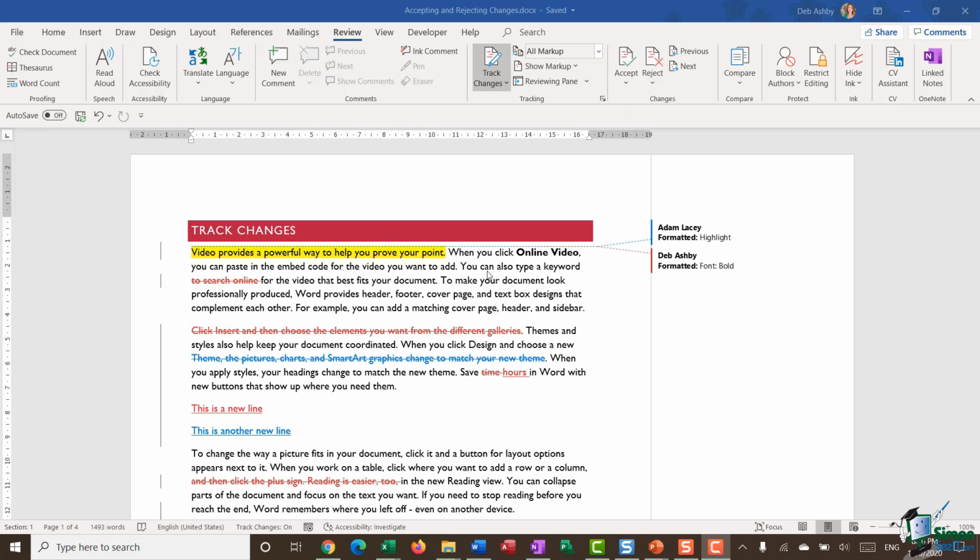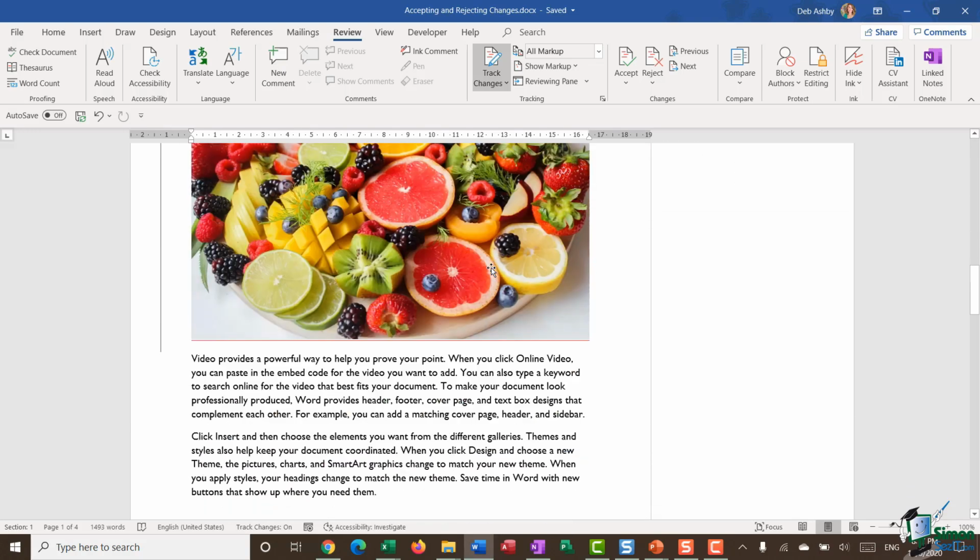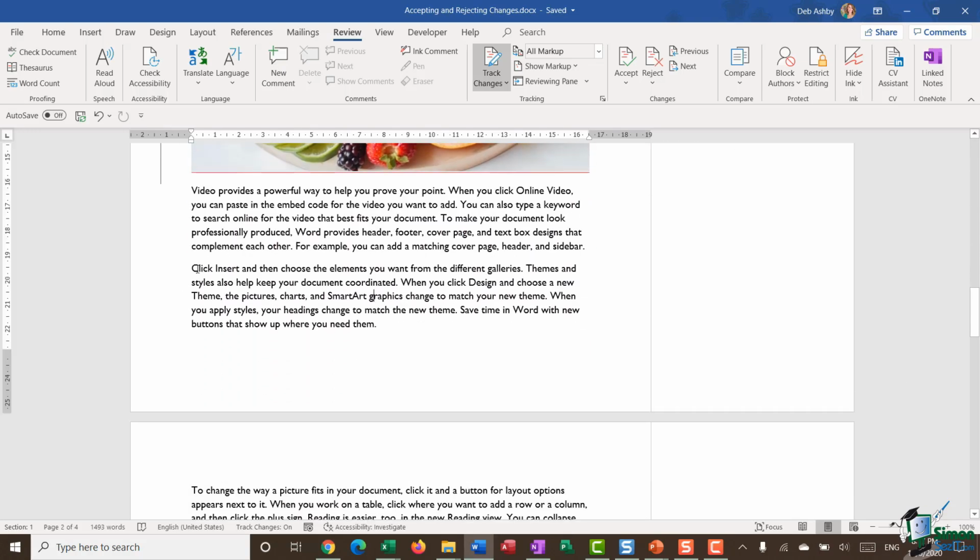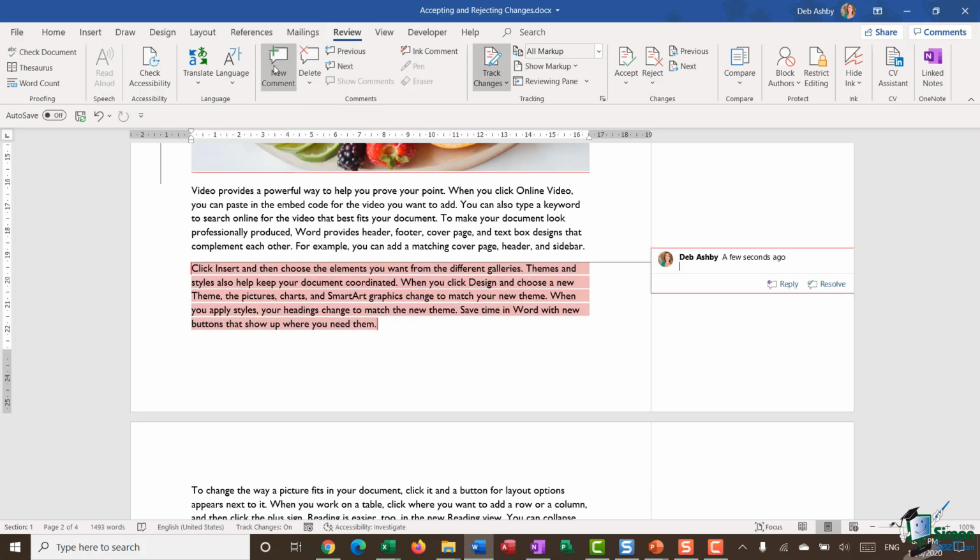So I'm going to add a couple of comments into my document now. Let's scroll down. I'm going to go onto this page just here, select this paragraph, and add a comment. You'll find comments again on the review ribbon in the comments group, and I'm going to click New Comment. You can see again I get this bubble that pops out the side, tagged with my name, and I can now add in any comment I have about this particular paragraph. So I might want to say something like,